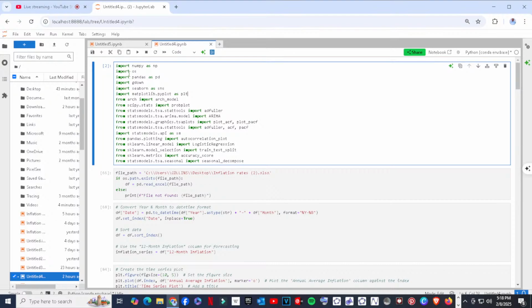So what I was saying is that here, import NumPy as np. NumPy and pandas will help me interact in a mathematical and statistical environment. Import os allows me to interact with the operating system so that I capture the data set where it is.